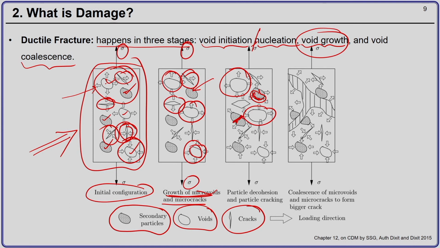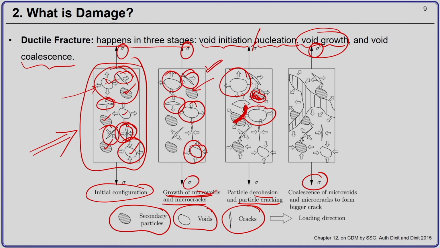So, you may have voids which form because of decohesion, or voids which form because of particle cracking. So, now you have new voids. Earlier the voids were growing, now you have new voids which have come up. And under sustained loading, say you keep on applying the load, then what can happen is these